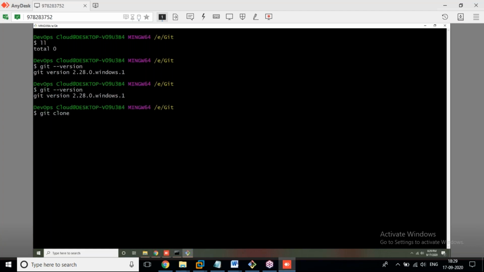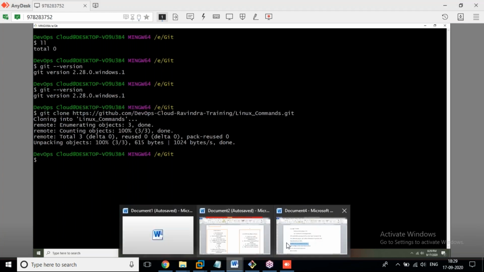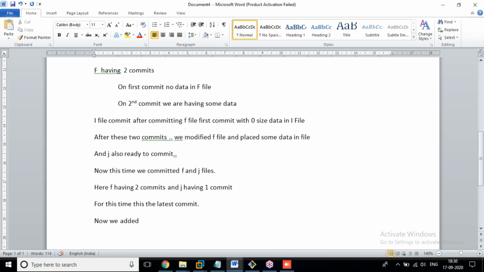But clone is a command used to get the repository from remote to local. Whichever repository we have created in the remote machine, we are getting that repository to our local machine. Okay, yes, now apply that paste. See, now press enter. Now, keep in mind we are working with Git commands and we are working with Linux commands.